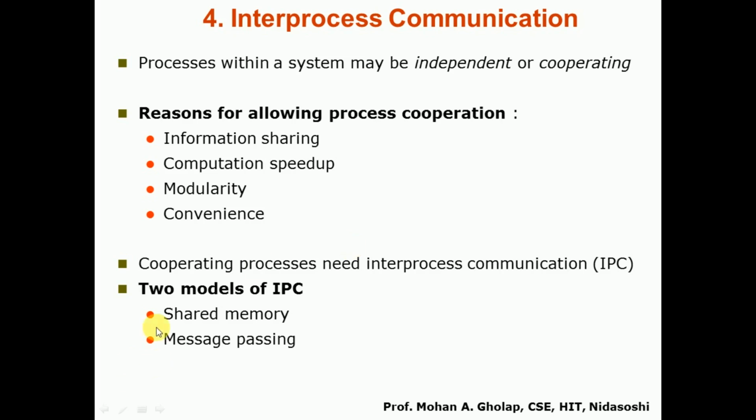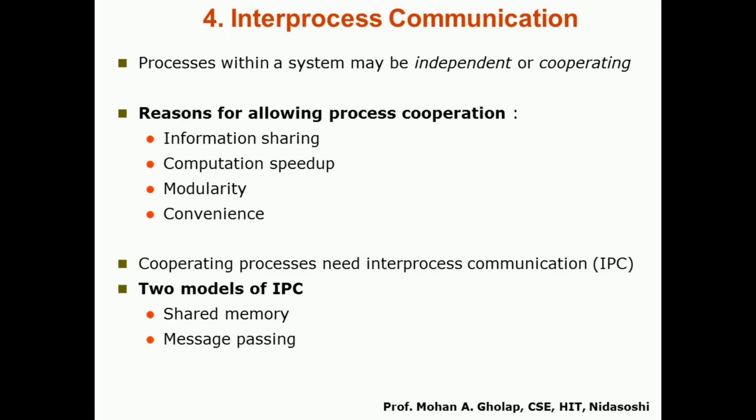Before that, we know that whatever processes we have in a system will be of two types. The processes may be independent processes or cooperating processes. Independent processes are the processes whose execution will not affect the execution of other processes, and the execution of other processes will not affect that process. Remember this, the name itself indicates independent: the execution of that process will not be affected by the execution of other processes, and the execution of other processes will not affect the currently executing process. If this is the case, such processes are called independent processes.